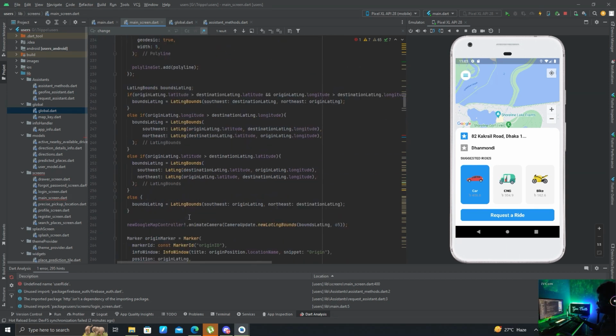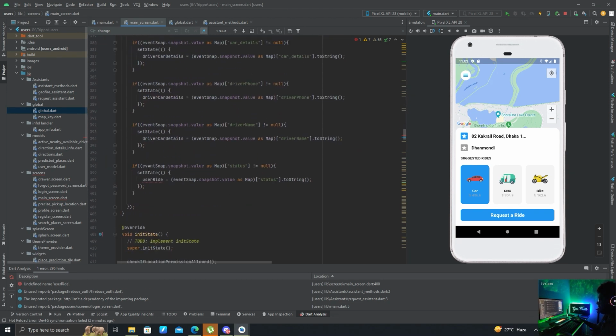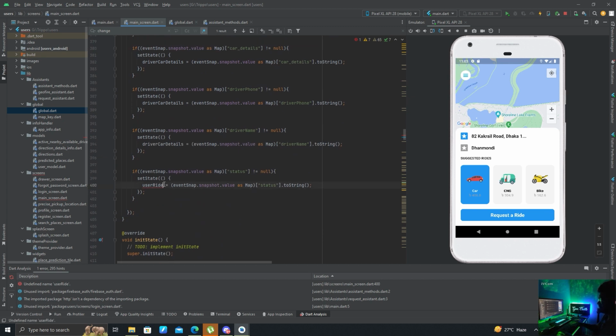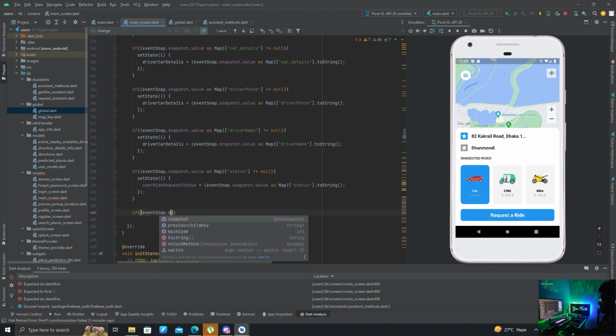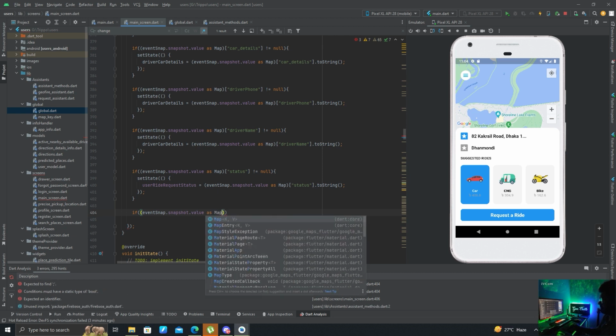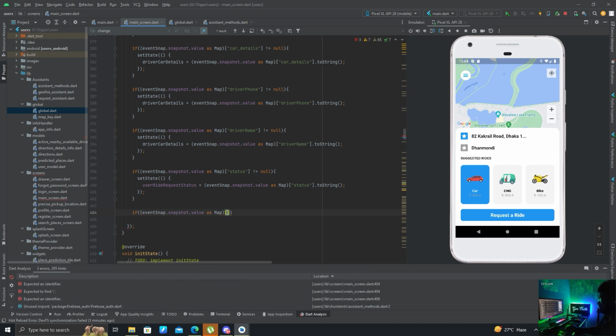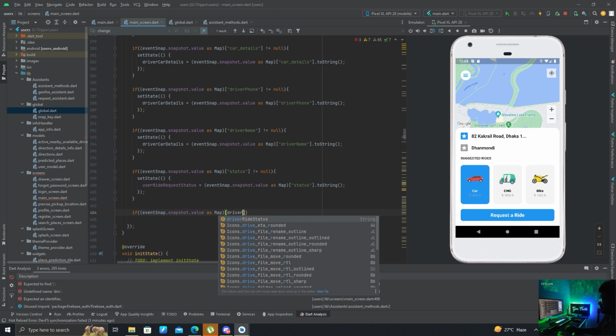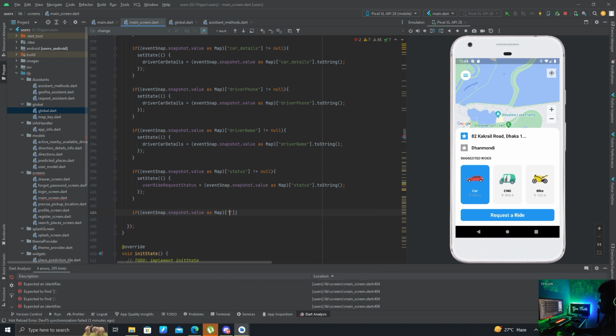Now let's go back to our function, user ride request status, and now we can write if event snap.snapshot value as map driver location not equals to null,